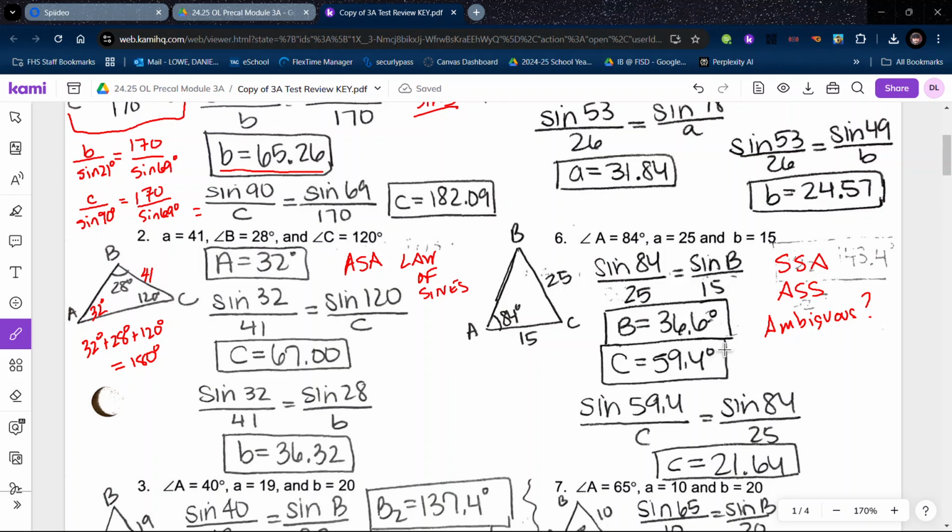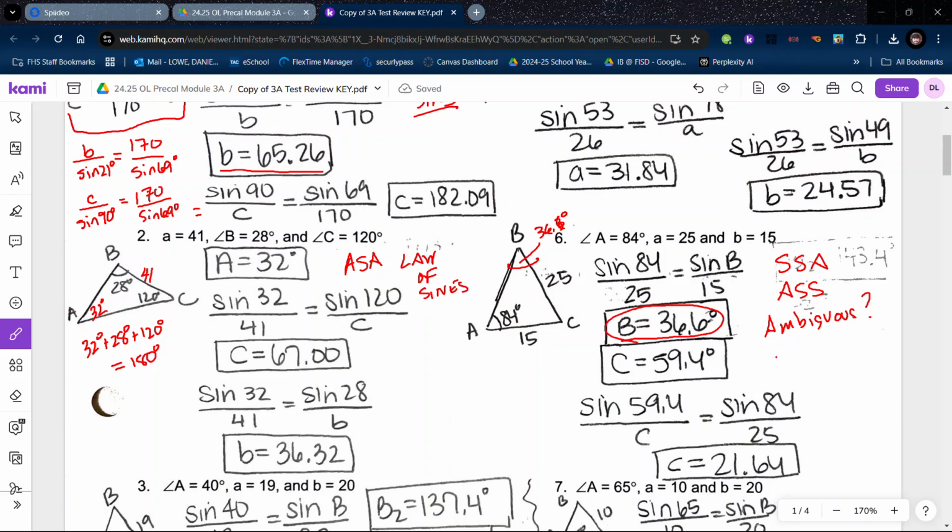All right, and here's how we can tell. So if we set this up and we find our first angle, and let's say that we find an angle of 36.6 degrees, right? So if this angle up here is 36.6 degrees, then our ambiguity would be possible if our obtuse angle